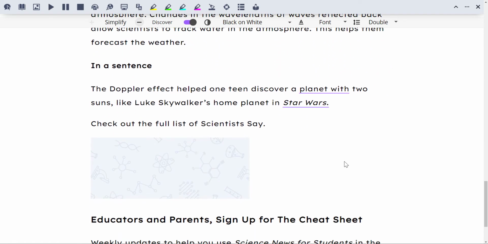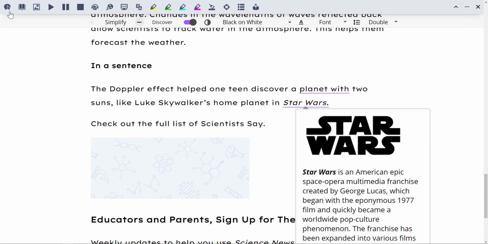And you can use your Read and Write tools on the simplified text to read aloud, look up words, highlight,